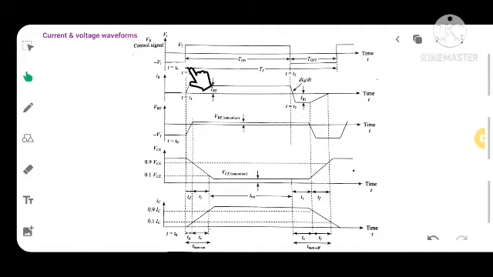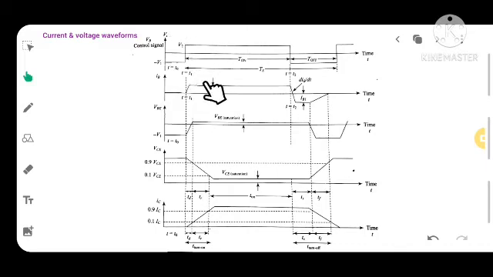Assume the pulsating input voltage Vi, that is the input voltage which we have applied at the base terminal of the transistor, varies from minus V1, that is when Vi is equal to minus V1, to plus V2. As you can clearly see, V1 is a negative value of this voltage Vi, and V2 is a positive value of this voltage Vi.